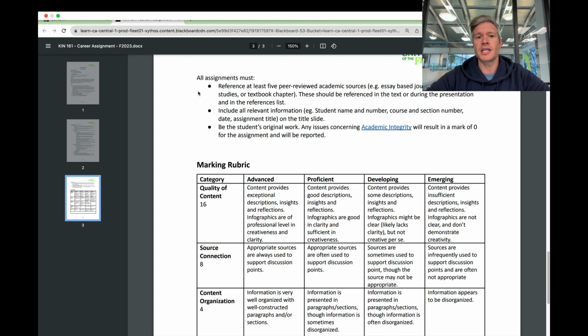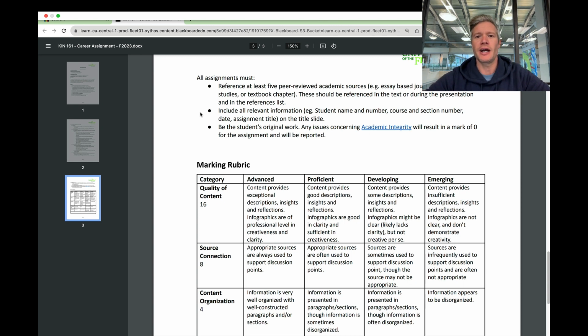For all assignments, I want at least 5 peer-reviewed academic sources, and you might think that's a little challenging for a career-related thing. However, many of these resources will be about barriers and challenges you find in different careers, and with healthcare, there's usually some information out there that you can find, okay? If you're wondering if something is peer-reviewed or not, feel free to ask. But generally speaking, it will be journal review articles, textbooks, etc. Okay. You'll want to include all information. If you don't have your name on something, you don't get a grade for it.